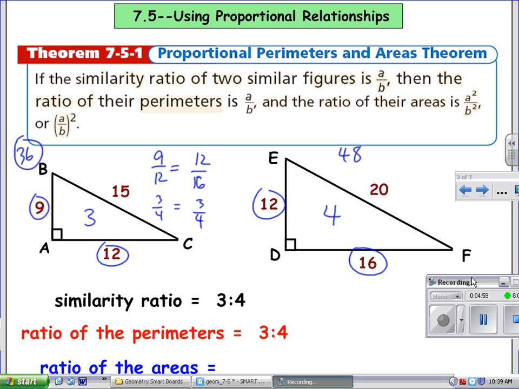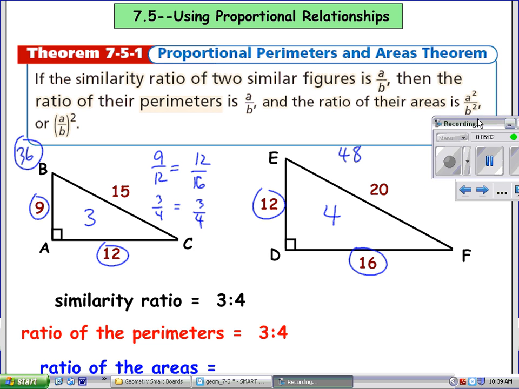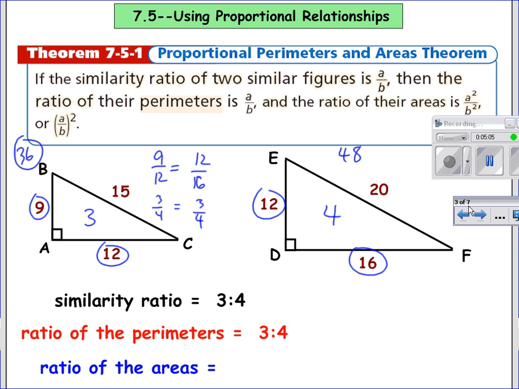All right. Now, the new idea is right here, the area part. We basically take this ratio 3 over 4, which holds for similarity and perimeter, and we square the top and bottom. So 3 over 4 quantity squared, well, that's 9 to 16. Okay, so the ratio of the areas is 9 to 16. All right, well, let's check that number and see that it makes sense. The area of ABC, let's extend this here a little bit. The area of ABC,